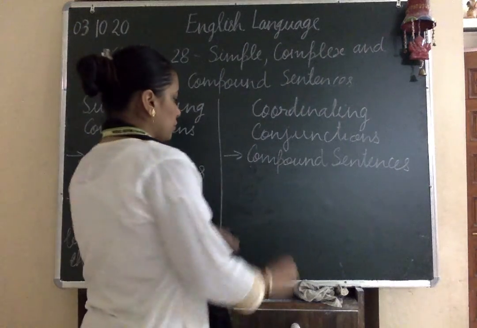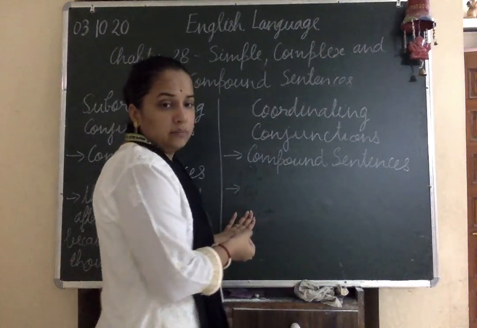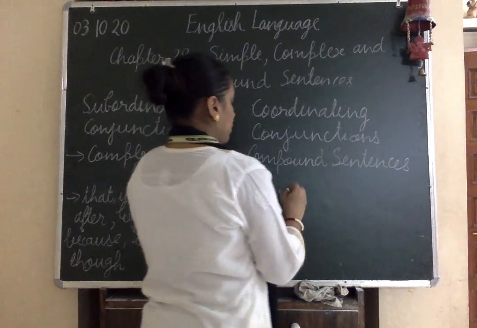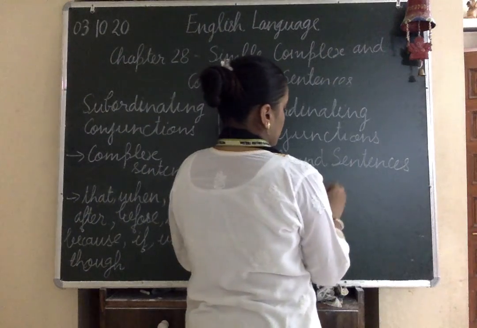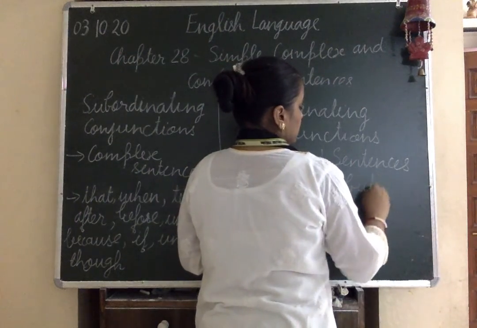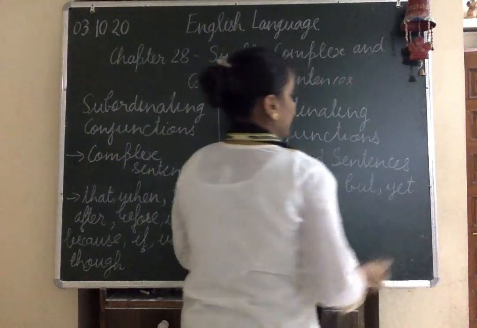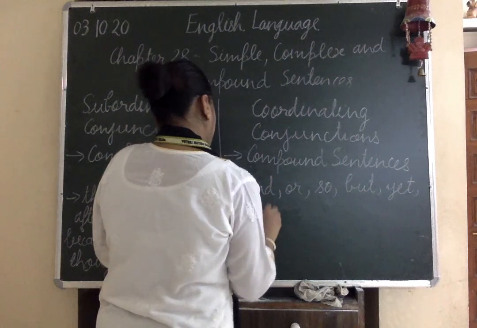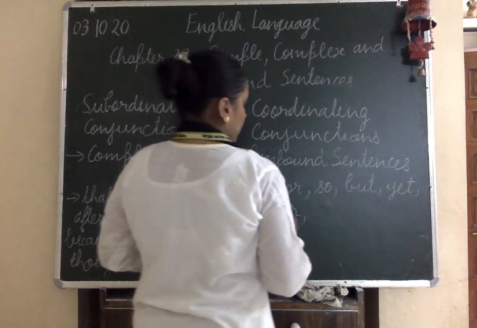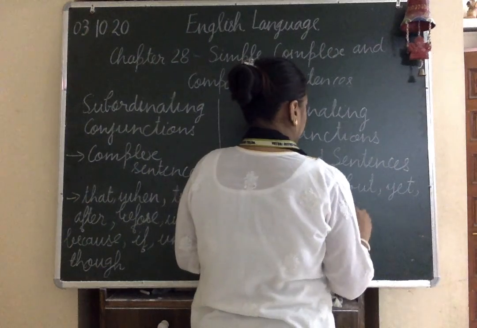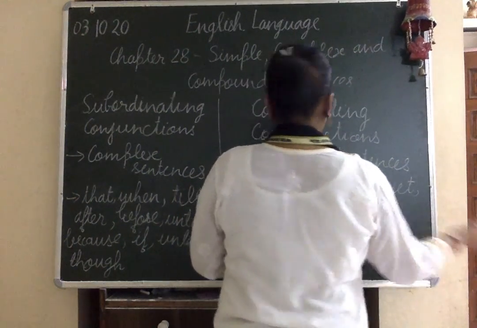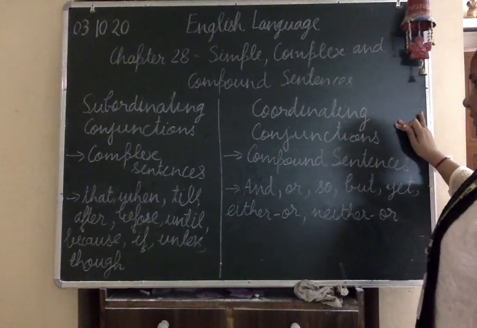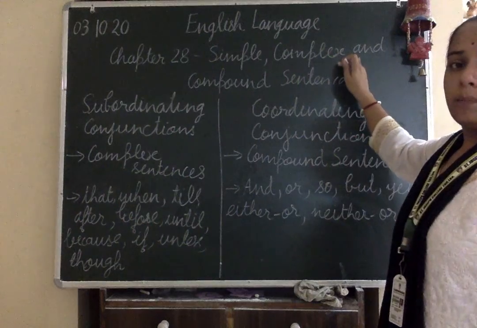Whenever we are talking about the coordinating conjunctions, these can be and, or, so, but, yet, either or, neither nor. So this is how the subordinating conjunctions or the coordinating conjunctions are used in the complex sentences or